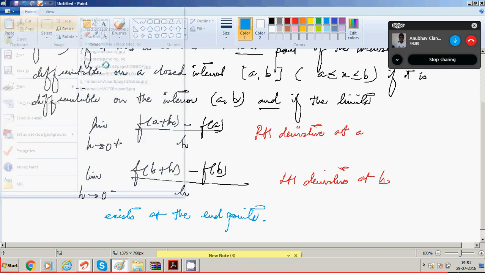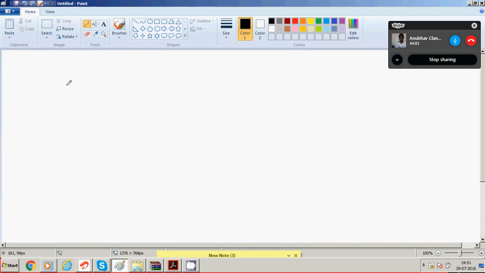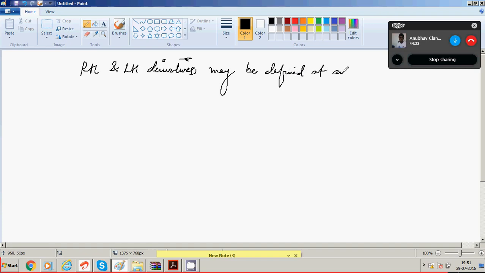Some comments are in order. Right hand and left hand derivatives may be defined at any point of a function's domain. The usual relation